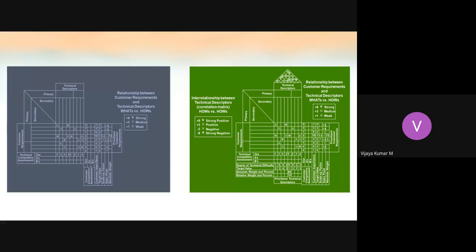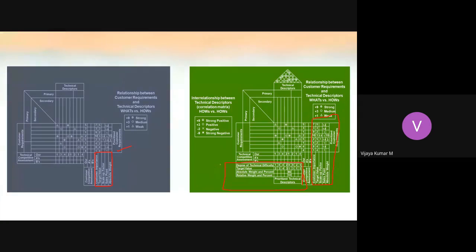After doing that, the relationship matrix, you know that I told you. These are the performance measures I will take with respect to customer requirement, and that is called the relationship prioritization matrix. And similarly, another prioritized matrix for the customer requirement here, another prioritized matrix for the technical descriptors. I have taken this. In that way, I have taken the prioritization matrix of these,